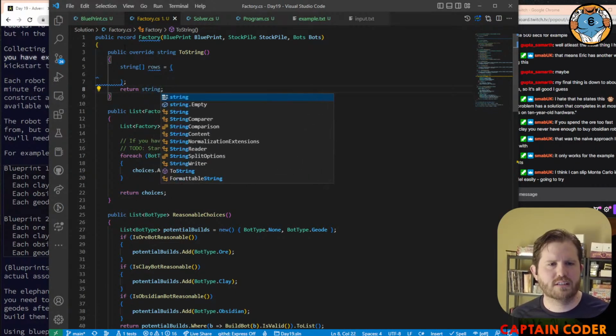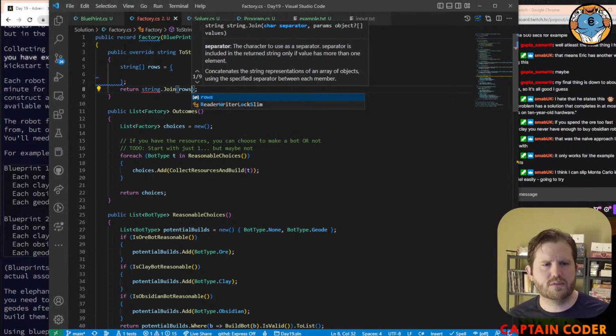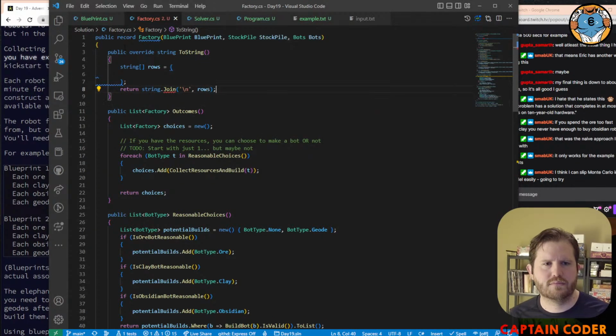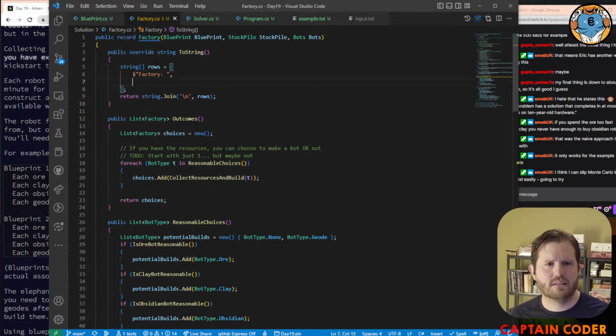Join string. Join row. New line of rows. We'll start off with factory stock or stockpile.order to